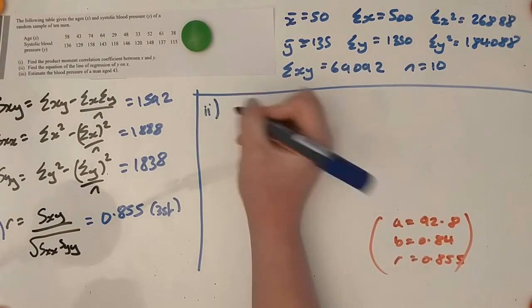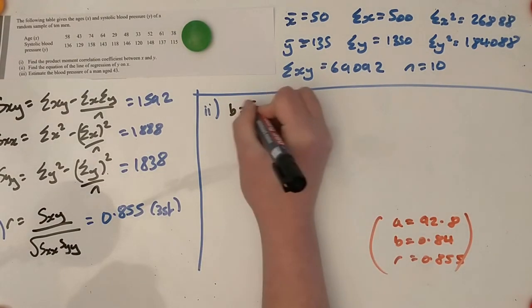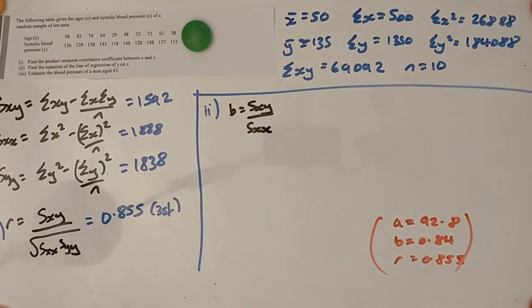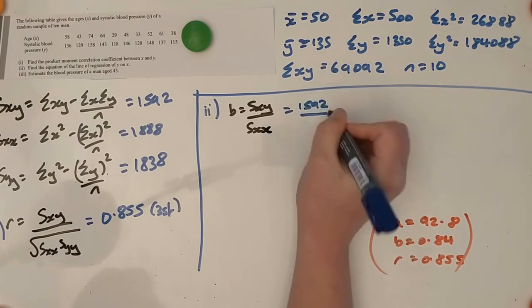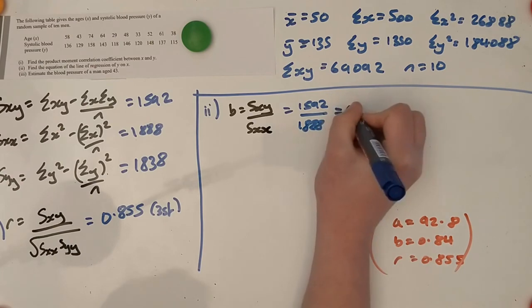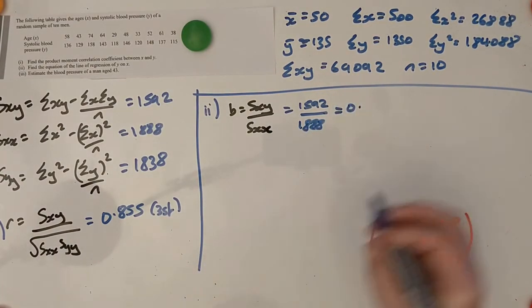Now I need to do part 2. So for part 2, I'm doing A and B. B is Sxy over Sxx. So 1592 over 1888, which gives me 0.843